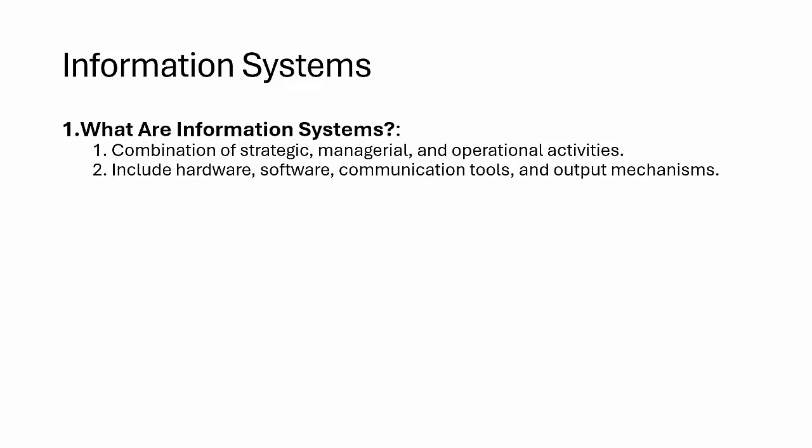Okay, so we are starting with domain 1, and in domain 1, the first topic is information system. But why are we starting with information system? Because if you see the full form of CISA, it is Certified Information System Auditor. By the end of the day, the certification helps you understand how to audit an information system. Now, what is an information system? See, an information system is a combination of people, process, and technology.